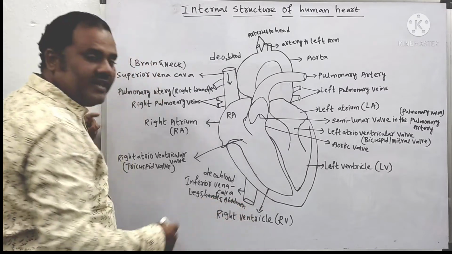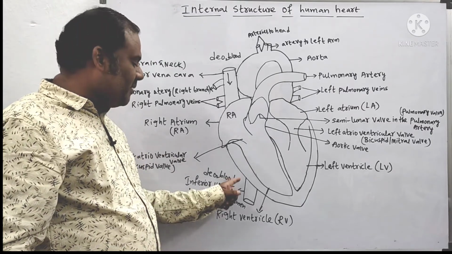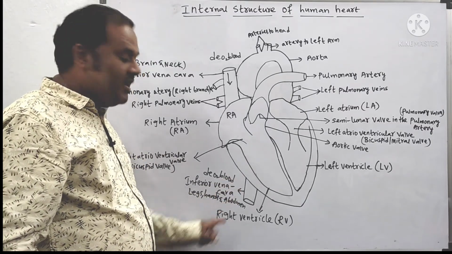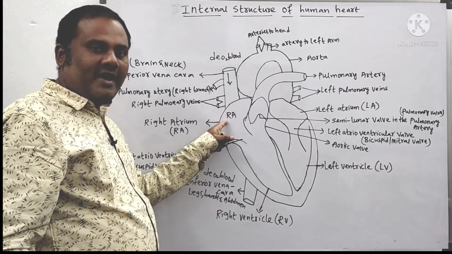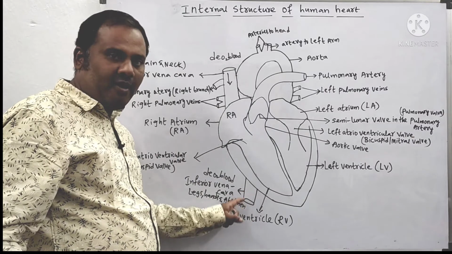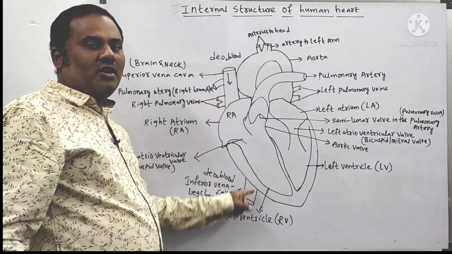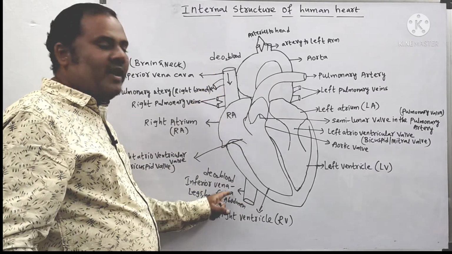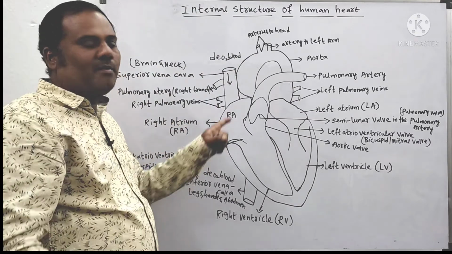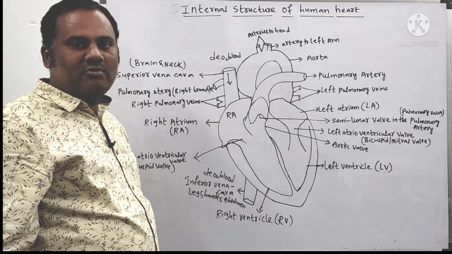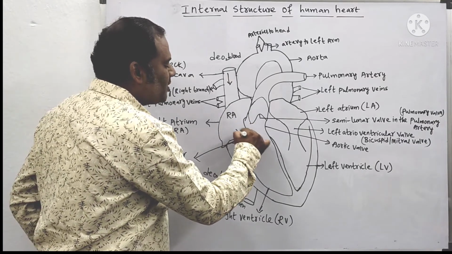So the parts below the heart, the deoxygenated blood is collected by the inferior vena cava. This inferior vena cava also brings the deoxygenated blood into whom? Right auricle itself. In the diagram it looks to be down, but actually the backside is connected to the right auricle. So both the superior vena cava and inferior vena cava are bringing the deoxygenated blood from all the parts of the body to the right auricle. To what? Right auricle.